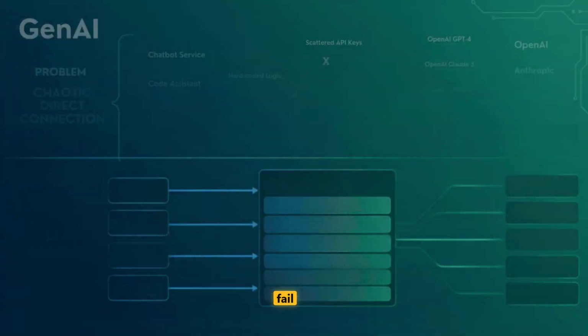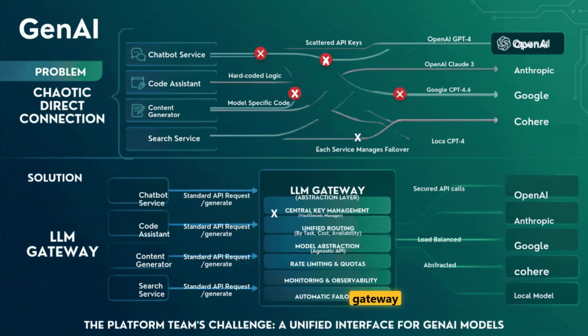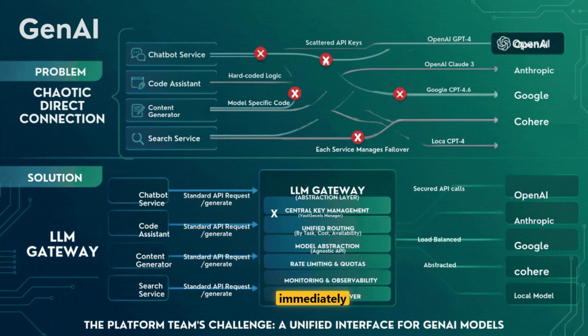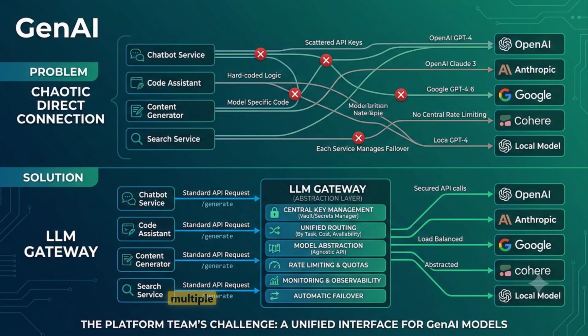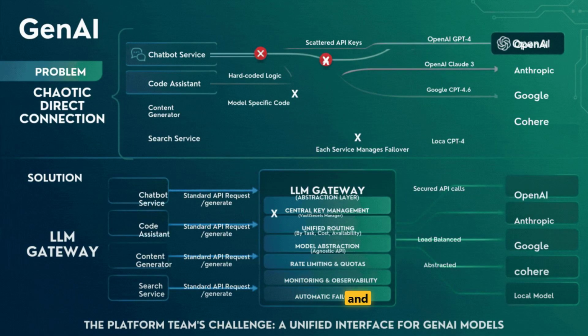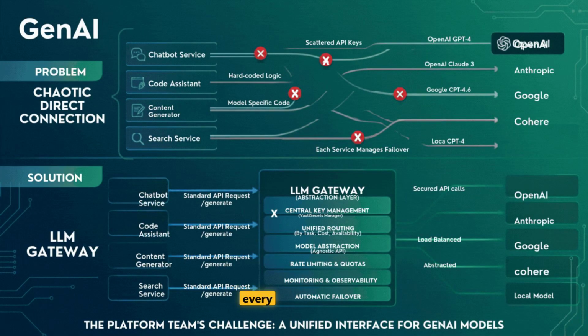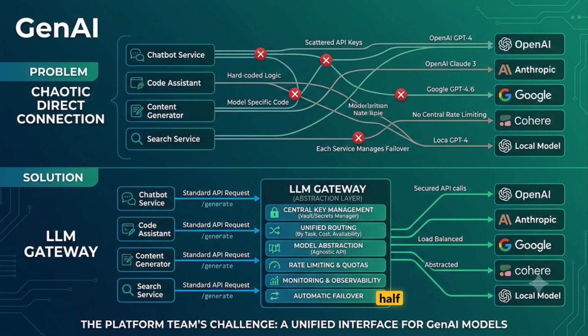Most engineers fail the LLM gateway system design question immediately. How do you call multiple LLM providers from one application without hard coding API keys and routing logic into every service? On the top half of the diagram, labeled problem, look at the left side where individual services like chatbot,